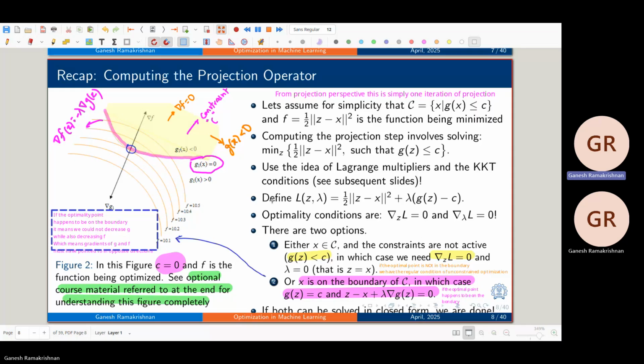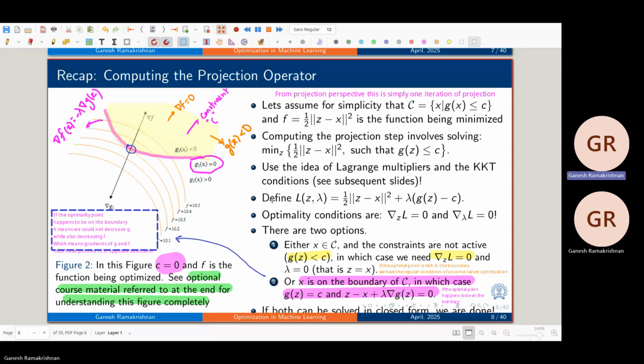then what we would expect is that if I were to move inside the constraint region, which means decreasing the value of g1, which means moving in the direction of the negative of the gradient of g1, decreasing g1 is negative gradient g1 descent or movement, then my f should increase because I am trying to minimize f. The moment I move here, f should increase,